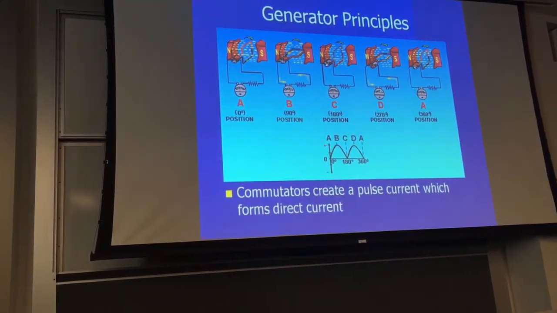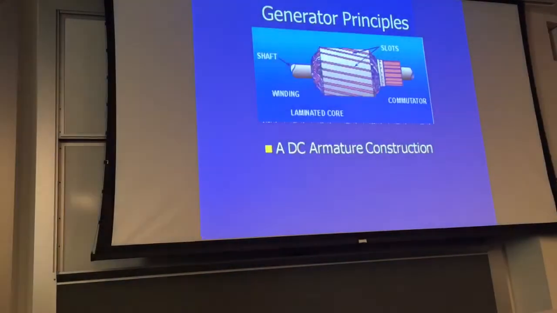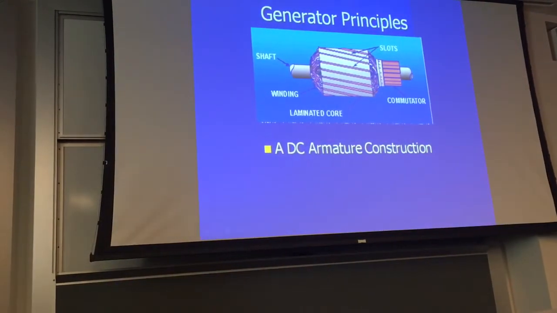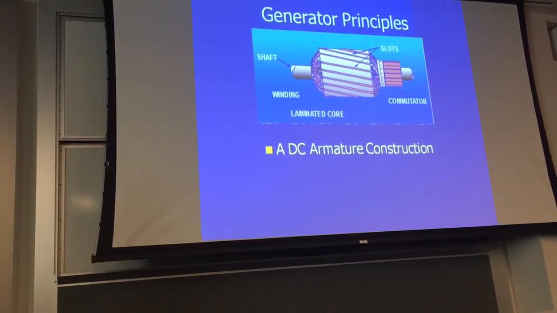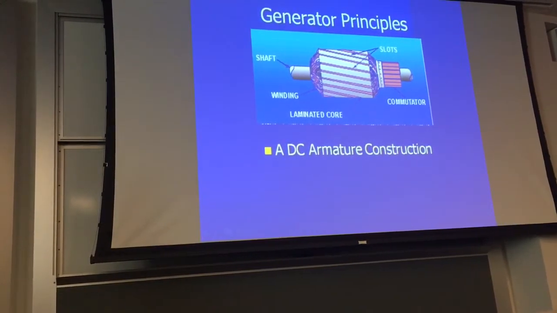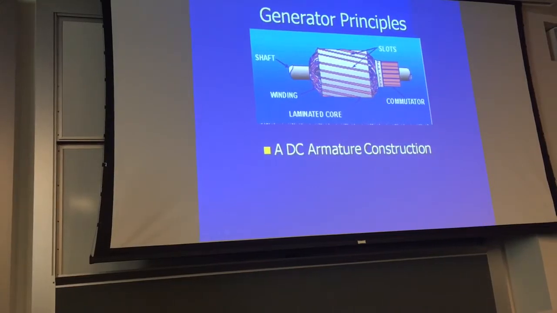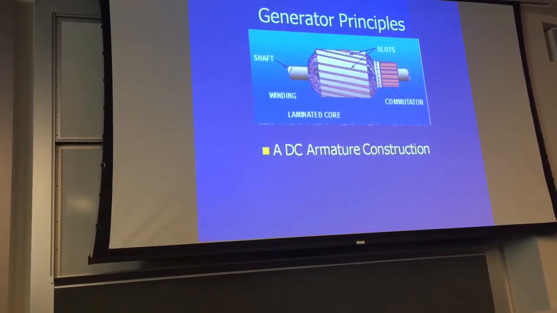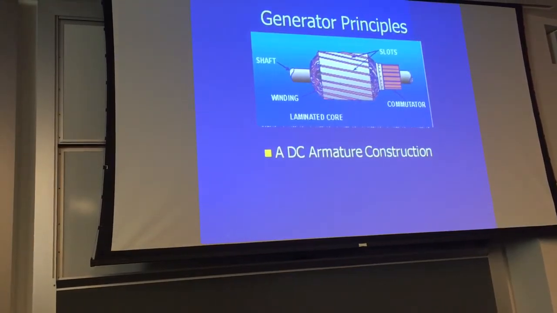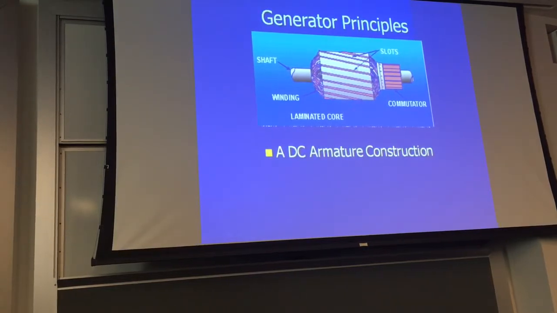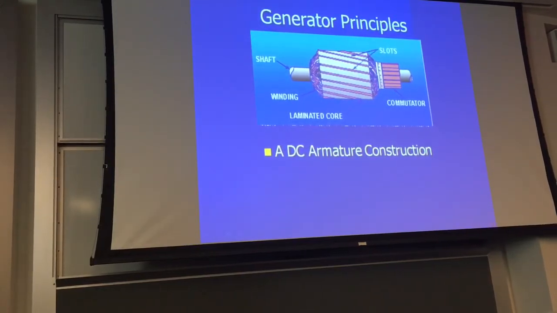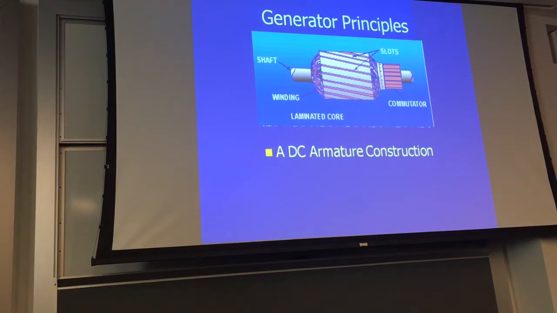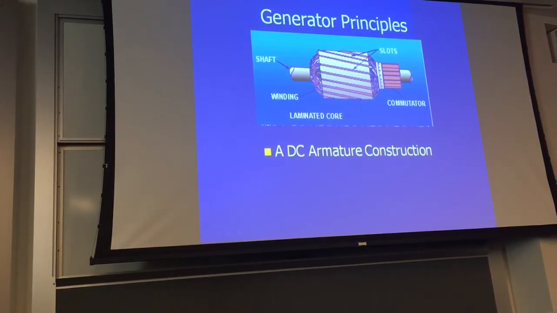And that would be a pretty lumpy thing to have to deal with. So what we do, instead of just having two of them, we make a whole bunch of them. And the commutator, each one of these represents one of the windings on the DC generator. So that as it rotates, instead of having the two little lumpy things, now we get a whole bunch of them that fill in together so that there's just a little, what they call ripple on top of the sine